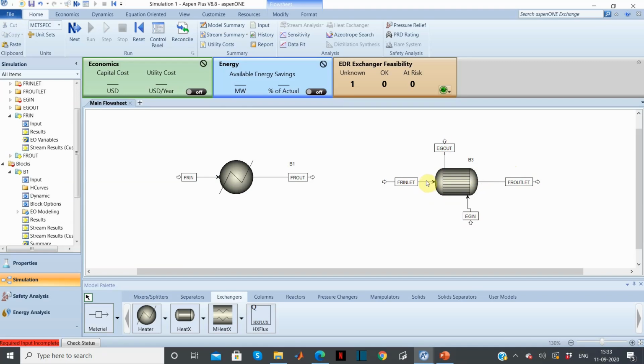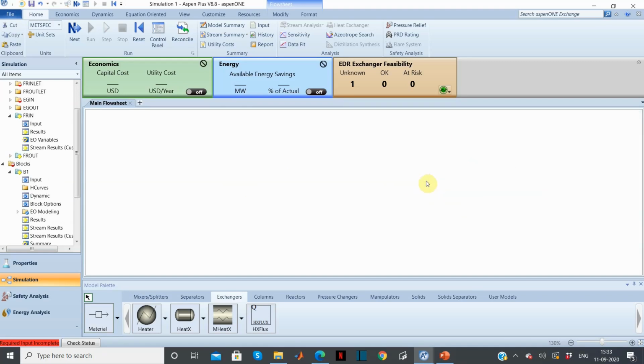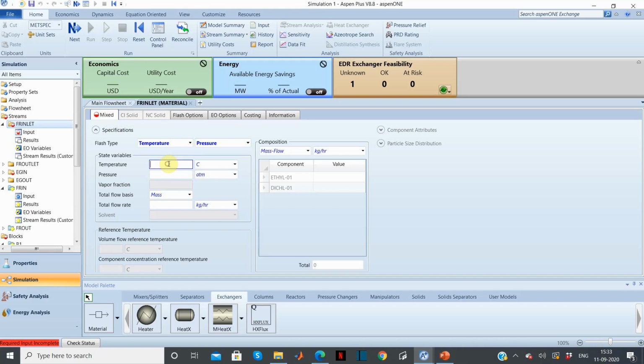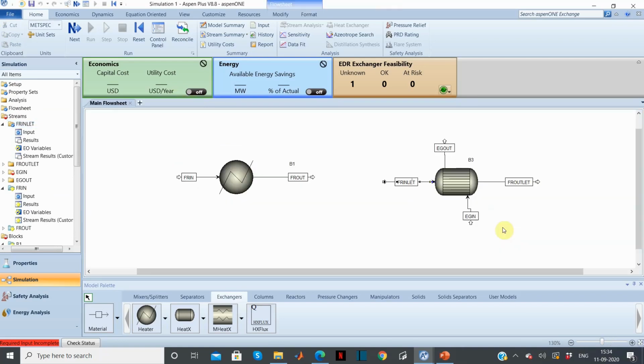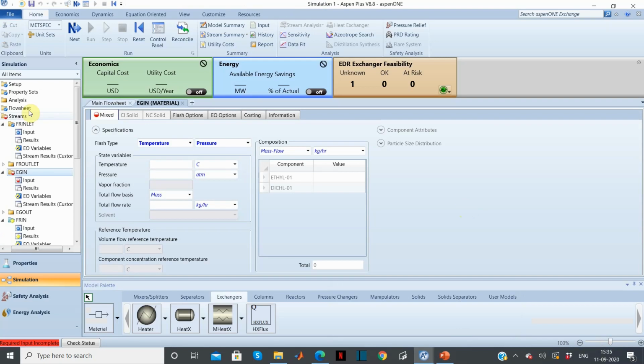Now enter the same inlet conditions for Freon 12. This was 250 Kelvin temperature, 8 atmosphere, flow rate 12,000 kgs per hour. Done.